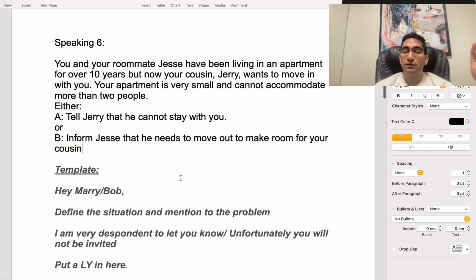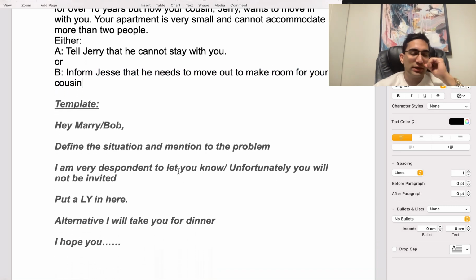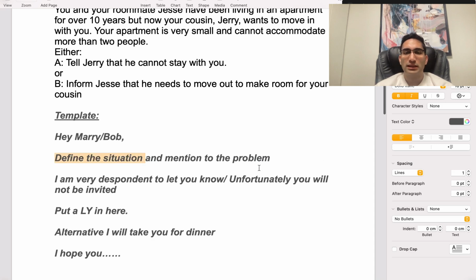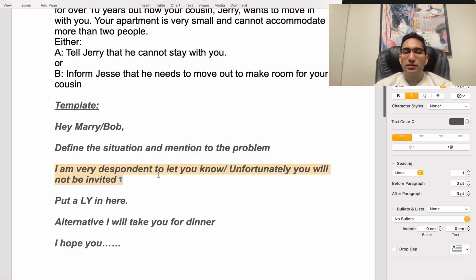Both are difficult situations. Now, our template starts with "Hey, Mary" or "Hey, Bob", very casual when you start with "hey". It could be "hi" if it is formal. Now you define the situation and mention the problem. When I'm talking, I'm going to be highlighting these things so you see when I'm talking about what. You usually start the definition of the situation by saying, "I'm very despondent to let you know", or "unfortunately, you will not be invited", or "unfortunately", whatever the situation is,